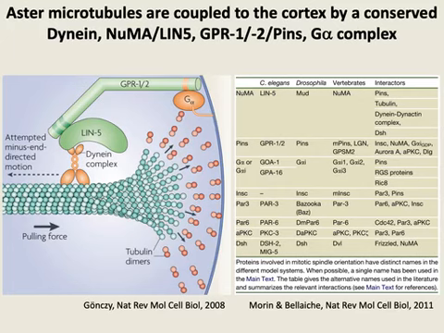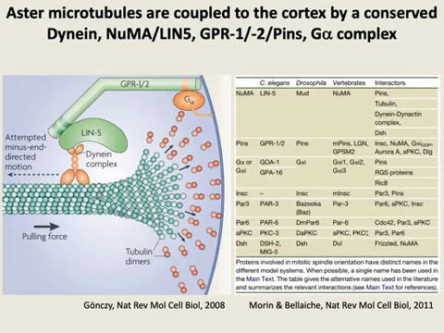So if you want to be able to pull on the microtubule, to exert force on the microtubule, and you know the plus end is here, what you want is two things. You want a motor that's going to tend to walk towards the inside, so towards the negative end, so that has to be a dynein. And if you want any traction, what you need is an anchor. So you can't have that dynein just move. You need to anchor that dynein to the cortex. And that's what happens here.